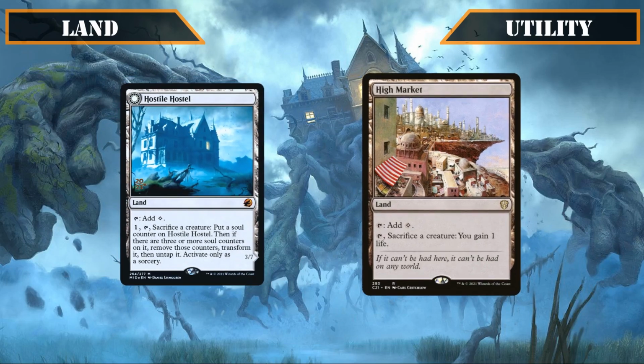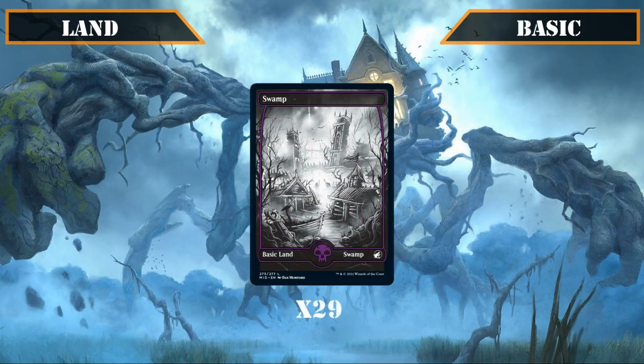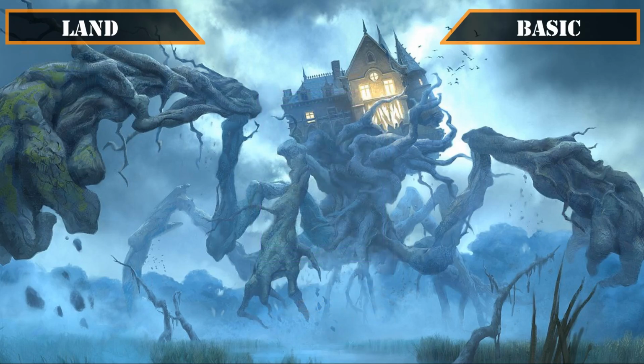High Market taps for a colorless and we can tap it and sack a creature to gain 1 life, serving as another sack outlet from our land slot for more death triggering and life gain. Lastly, we're running 29 swamps as our basics to fill out our land base. So now that we've covered all the cards in the deck,